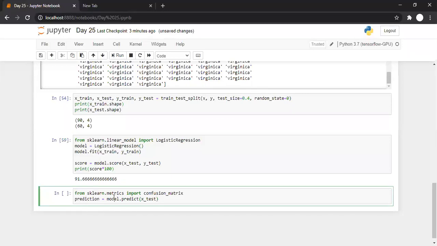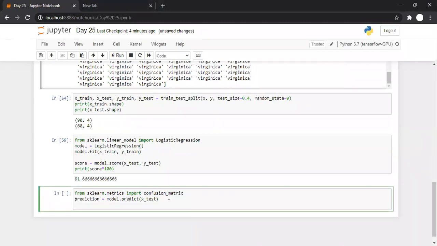So we are asking the model to give predictions for the records available in the x underscore test part, the testing part. And now we are comparing these predictions with actual results. For comparing, we can use the confusion matrix method.